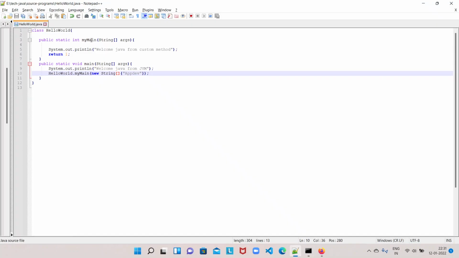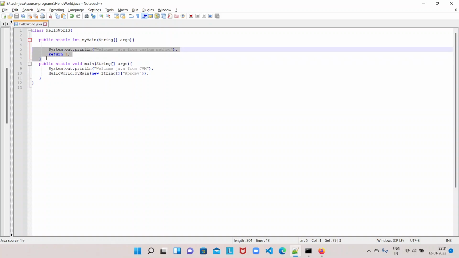So this method, whatever you have written, will be invoked only when you call it. It will not be invoked by the JVM. So that's all about the main method name, overloaded main method, int return type, and the static and public keywords we have seen so far. Let us come to this string array, which is an argument to the main method.